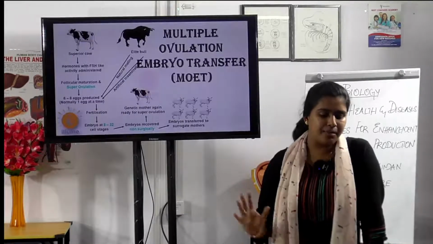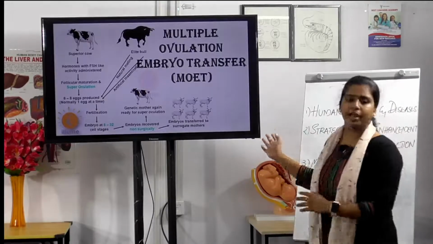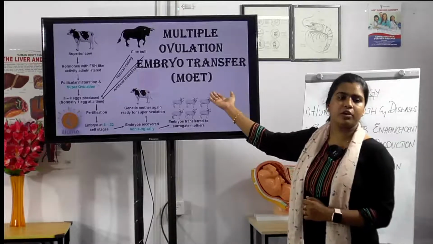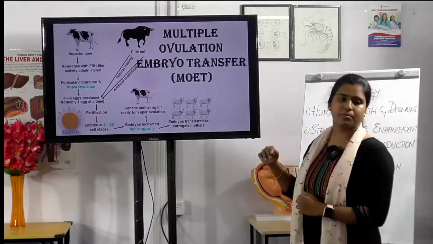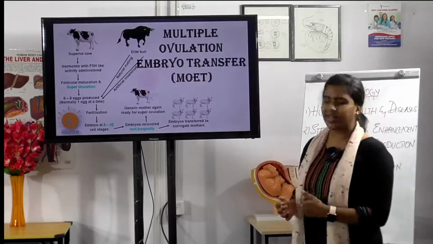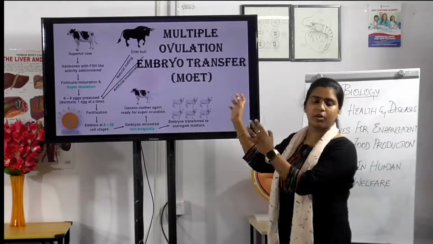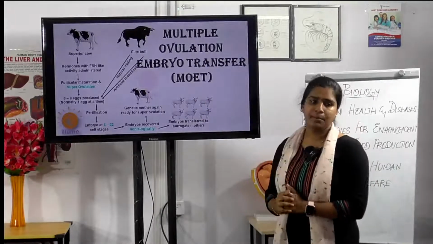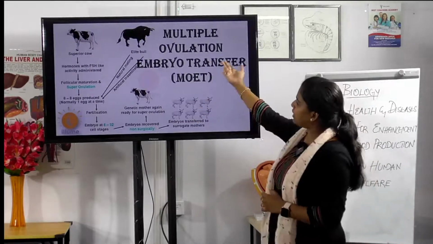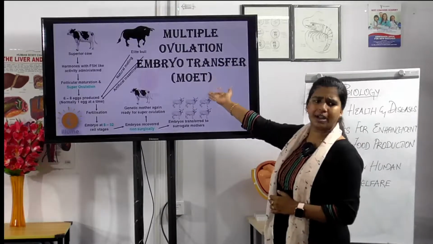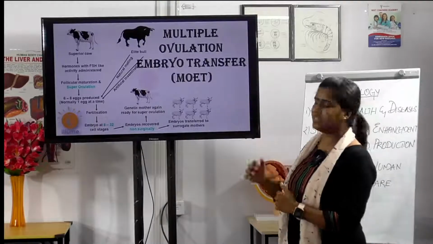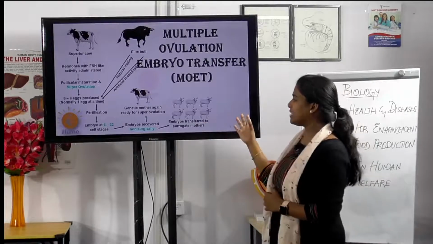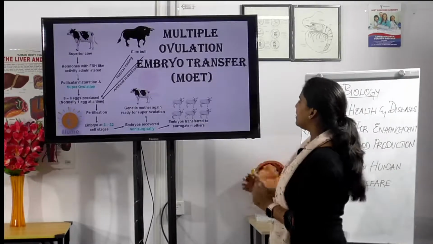Okay, and the next technique is multiple ovulation embryo transfer. In this technique, they select a superior cow and give the hormone known as follicle stimulating hormone. What happens is follicular maturation occurs and there is super ovulation. In normal cases only one egg is produced, but in this case 6 to 8 eggs are produced at a time. Then by natural mating or even by artificial insemination, they inject the semen, and in the next stage it leads to fertilization and embryos at the 8 to 32 cell stages. Here the embryos are recovered